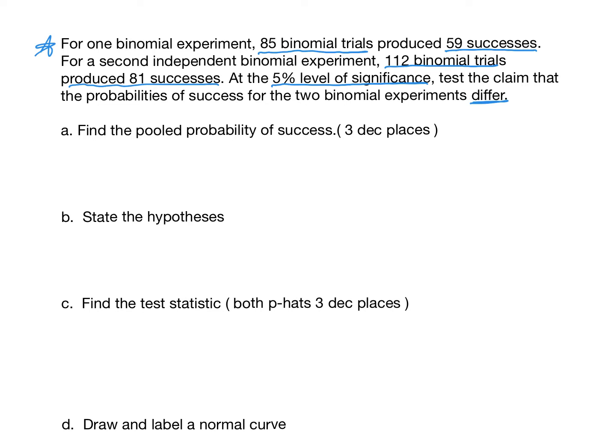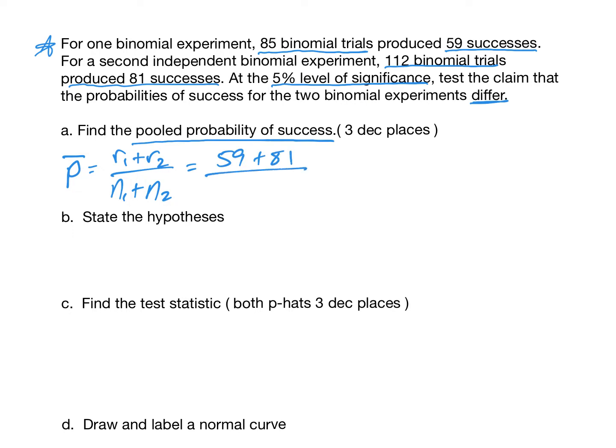So the first thing, everyone, is called the pooled probability of success. It's denoted by P bar. P bar is both of the R's added together divided by both of the N's added together. Our R's are our successes, so we have 59 and 81. N is the total number, so we have 85 and 112. This gives me 140 over 197. And if you read the directions, I asked for 3 decimal places,